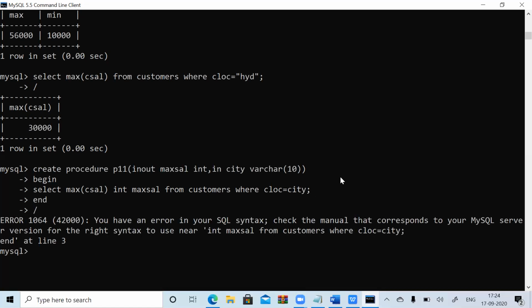Now execute it. So again, I have made a mistake. Maybe I have written something with a spelling mistake only. So need to check it. Don't worry. We'll check the spelling mistake only. Yeah, we might have written some spelling error. So what's the mistake? The spelling mistake I have written is in into.